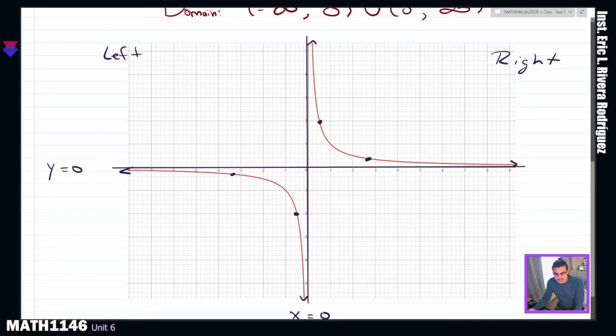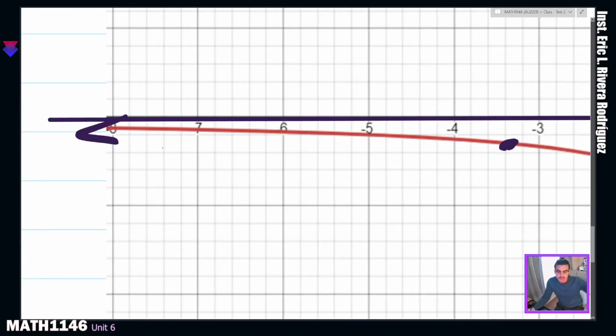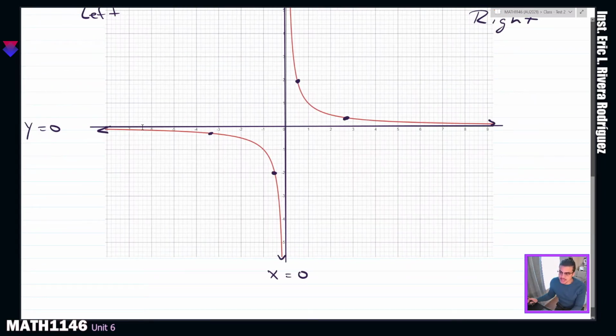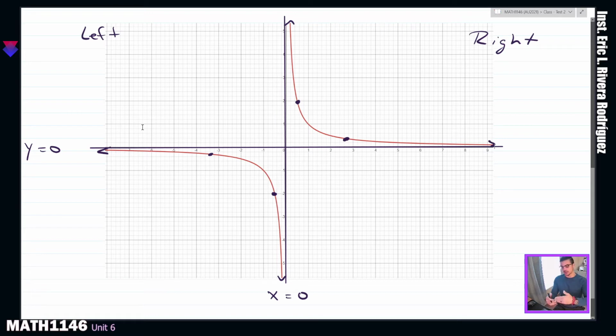But what is interesting is that our graph will continue, in this case to the left. It will continue to the left and towards the horizontal asymptote, but it never touches the asymptote. The graph will always get closer and closer to the asymptote, but it never will touch it. So the effect of that is that the asymptote functions as a wall for that part of the curve of the graph, but also it determines the behavior of the